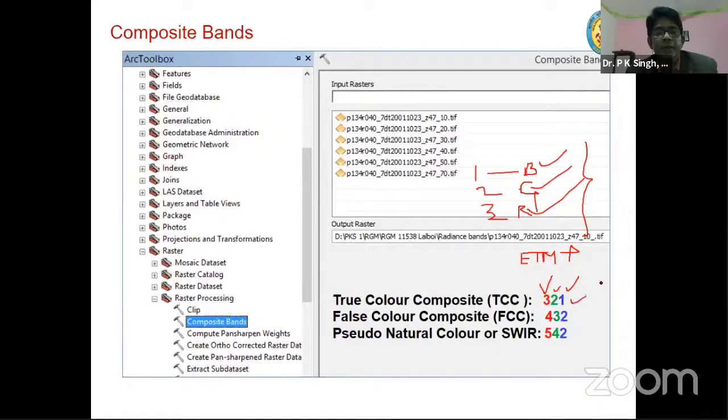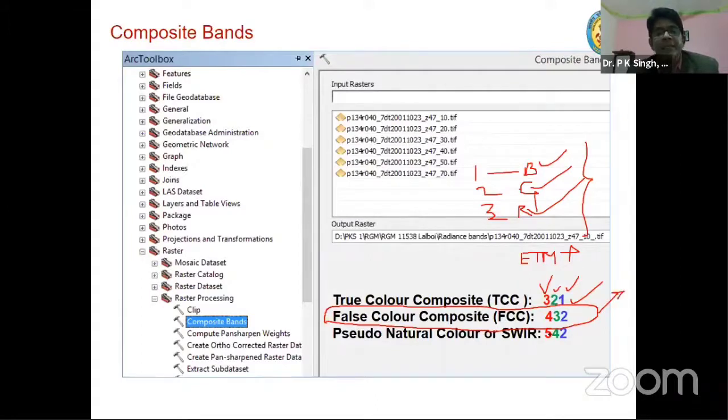Here 3 to 1. But one customary has been started and being used, that is false color composite. In this, many a times people are interested to know what is the vegetation, to highlight vegetation in the form of some color.